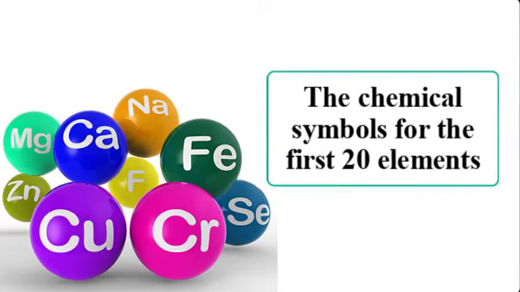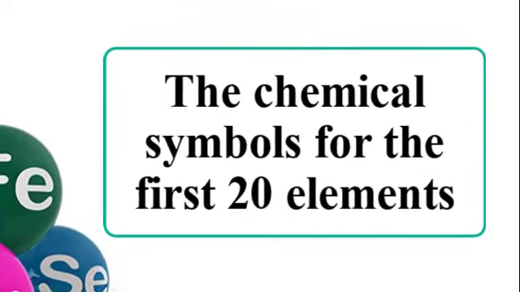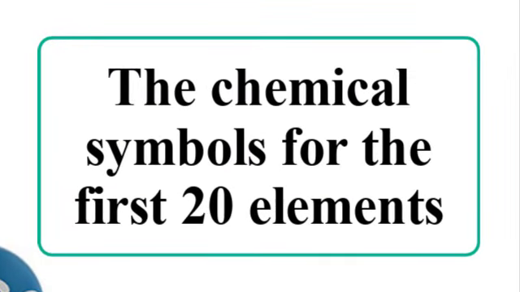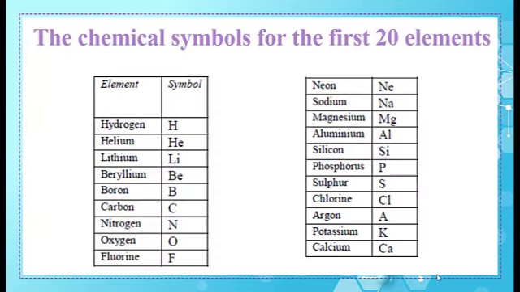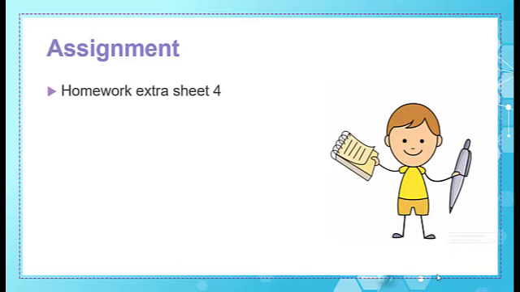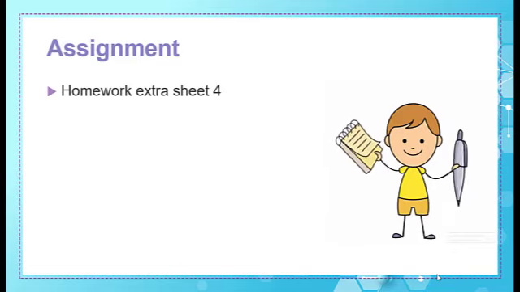And finally, you are responsible for the chemical symbols for the first 20 elements, which are hydrogen H until reaching calcium, whose symbol is Ca. As an assignment, you have to solve the extra sheet for